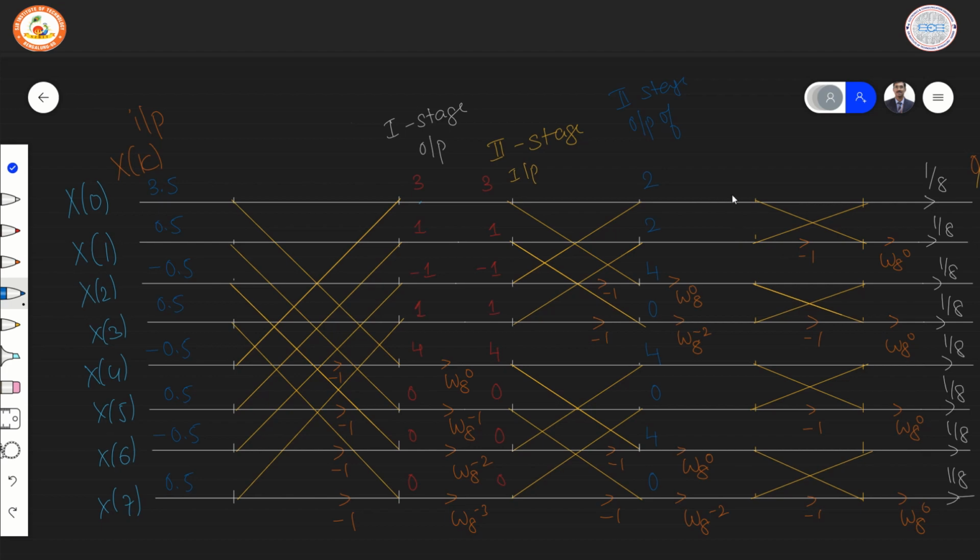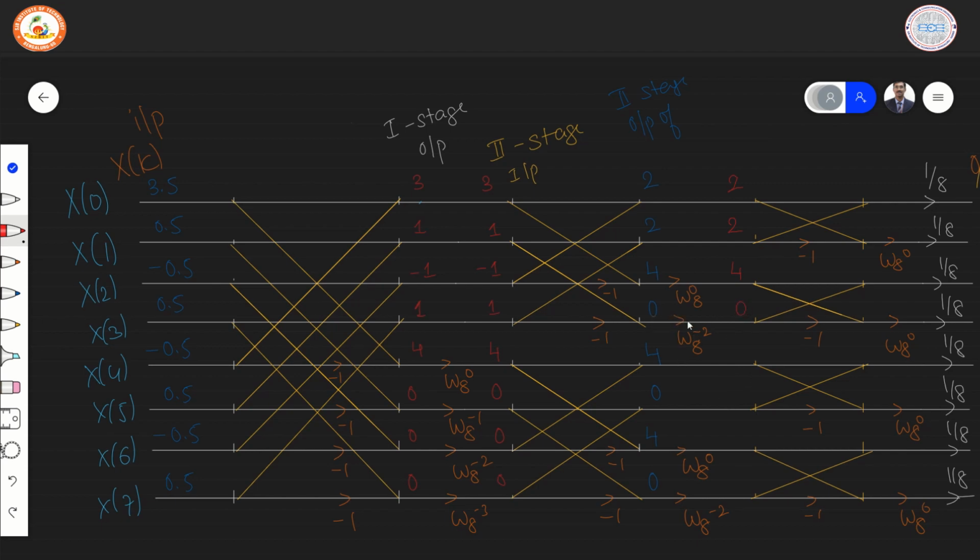Now, again, proceeding to the third stage, we are going to perform the scaling with the twiddle factors and we're going to write the numbers. Now, the values, after you scale it, we shall write the numbers. The values are 2, 4, 0,